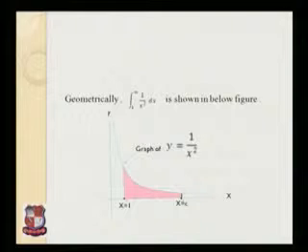Here you have the geometrical representation of this example, integration from 1 to infinity 1 upon x square dx. Here the graph of y is equal to 1 upon x square is shown, as well as point x equal to 1 and point x equal to c. Now you will apply the limit c tends to infinity, then the area covered by this graph will be a unit number, that is here 1. So integral is convergent.